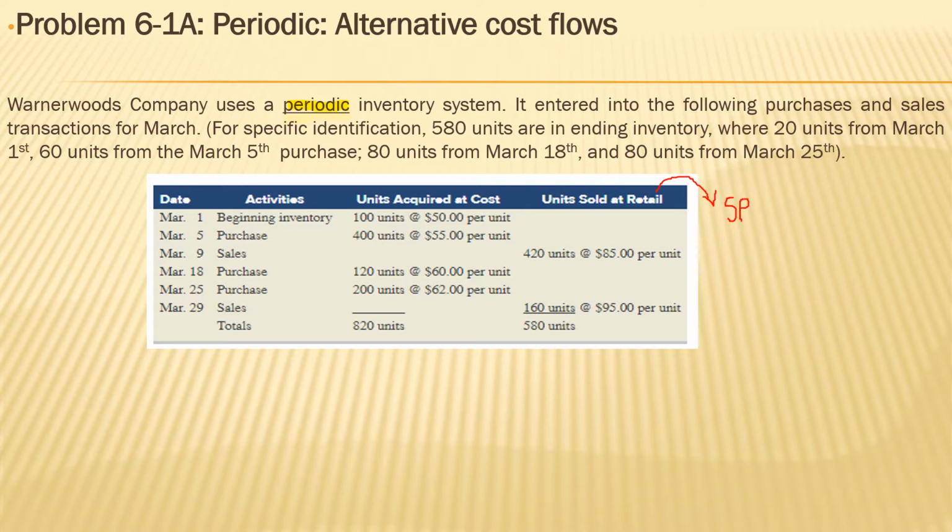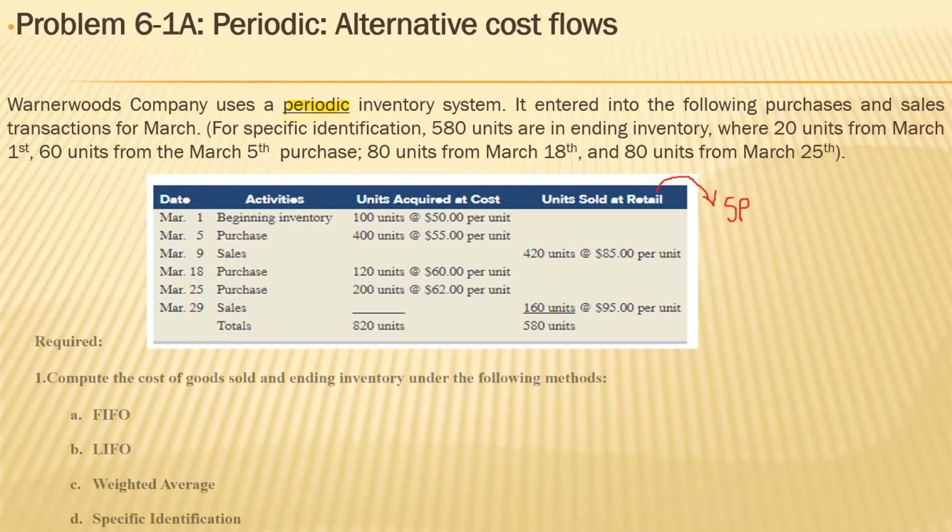This column will only be used if I want to calculate the sales: I just multiply the number of units sold times the selling price per unit. What's required from me in the problem is to compute the cost of goods sold and ending inventory under the following methods: